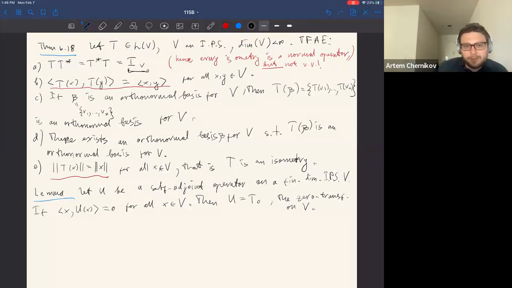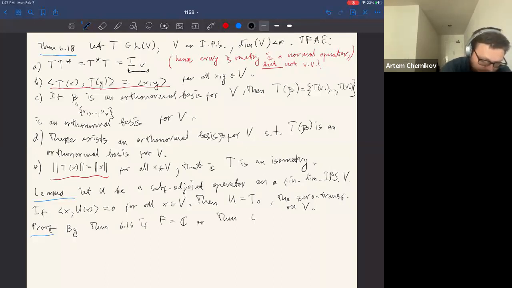So if the inner product of X with U X is 0 for each X, then this is already just the transformation which sends everything to 0. All right, so let's prove this. We have to distinguish two cases, whether F is the complex numbers or the real numbers. By theorem 6.16, if the field of scalars is C, or theorem 6.17, if the field of scalars is the real numbers, depending on which case happens here, we know that there is an orthonormal basis beta for V